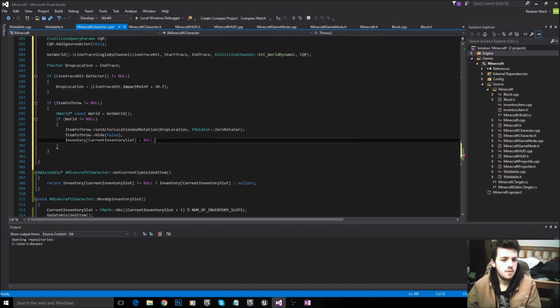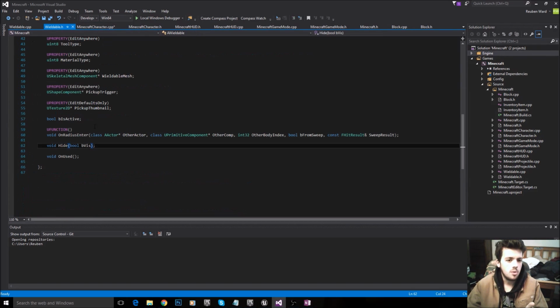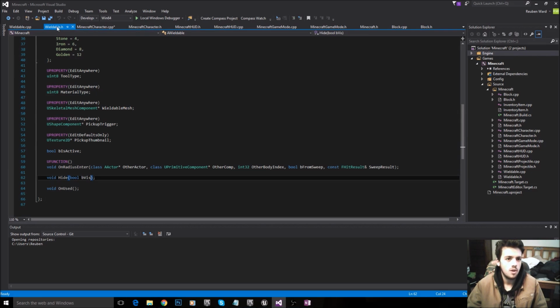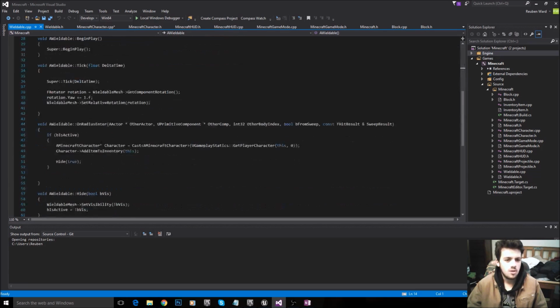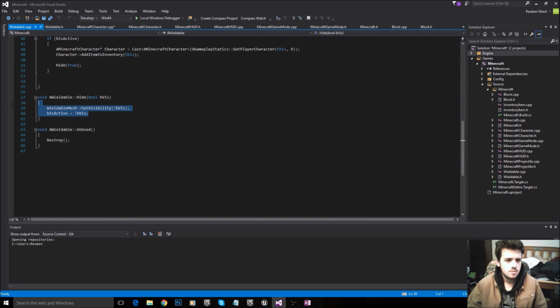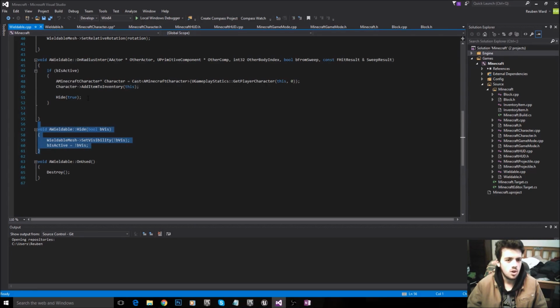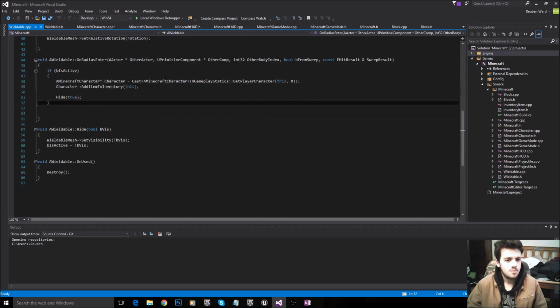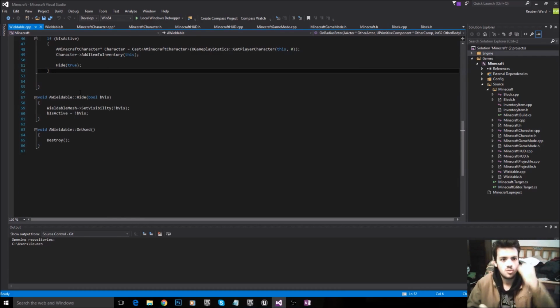Now this hide function here is inside of Wieldable. Now you might remember this as on picked up or whatever. Well, I've now renamed this to hide. So change the on picked up function inside of Wieldable.h, change that to hide, and then the function now looks like this. That's all it does. And here, instead of calling on picked up, you call hide true, and that's pretty much it. So I just changed the hide function so we can hide it in and out if we want.